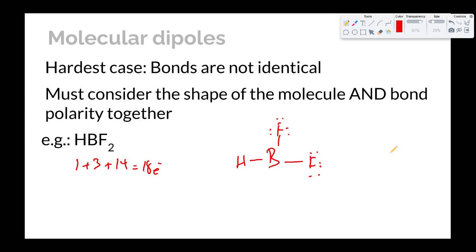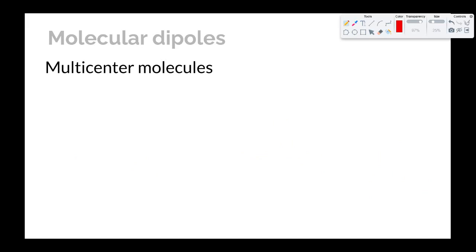What's the shape? Well, this is steric number 3. No lone pairs, so it's trigonal planar. The BF bond is polar. There are 2 of them. They do not cancel each other out, and so we end up having an overall molecular dipole kind of in this direction. All the molecules that we've been looking at have a single center, but the thinking still applies for